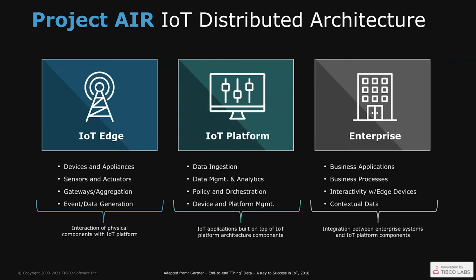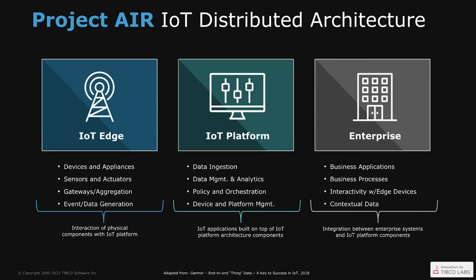And this layer provides data ingestion, data management, analysis, policy and orchestration, and device and platform management. And on the right-hand side, we can see the enterprise applications, where we have all the business applications, business processes, and all of these processes interacting with the edge devices